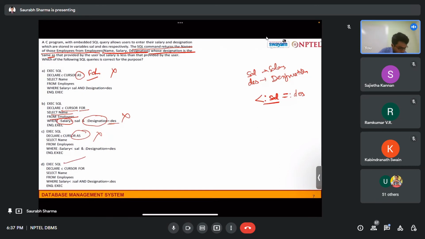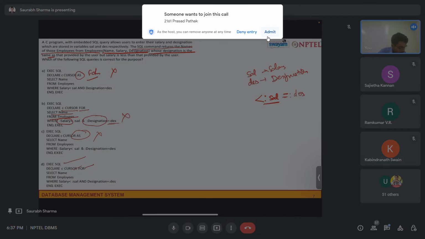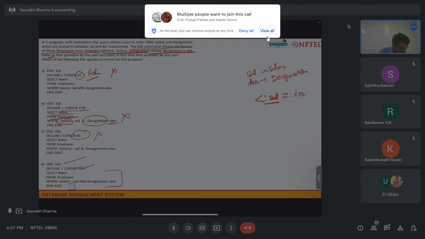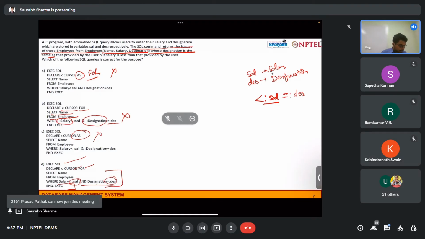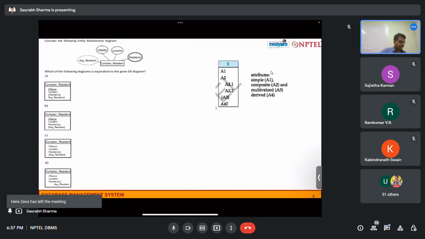EXEC SQL to execute, then we declare the cursor, then for this query, then END SQL. The conditions are right, and the declarations are also right. So the answer will be D. Okay, any comments? Okay, good. Now